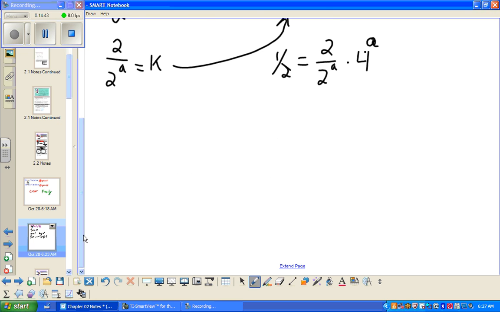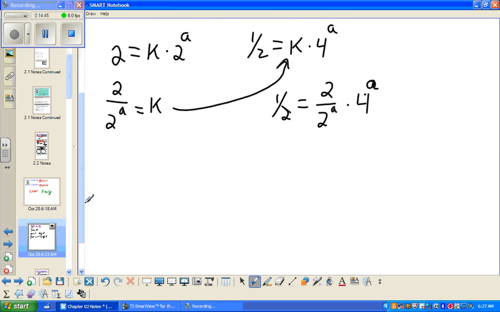From there, I just need to simplify. I've got a real nice situation here because I can write everything as power of 2 if I want. And so I do want to do that. And maybe at the same time, I'll bring this 2a up. So I'd have 2 to the negative a. And then this 4 to the a, well, 4 is 2 squared. And I can raise that to the a,